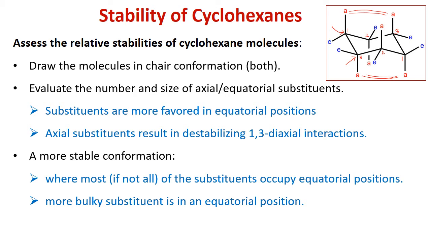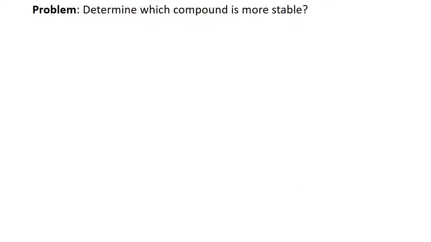So now that we know some of the rules and the approach that we will use to assess the stability of these molecules, let's go ahead and determine which of these two compounds is more stable. We have two cyclohexanes, each bearing two methyl groups. Notice how the two methyl groups are on carbons that are related to each other as 1 and 4. So these are in some sense 1,4